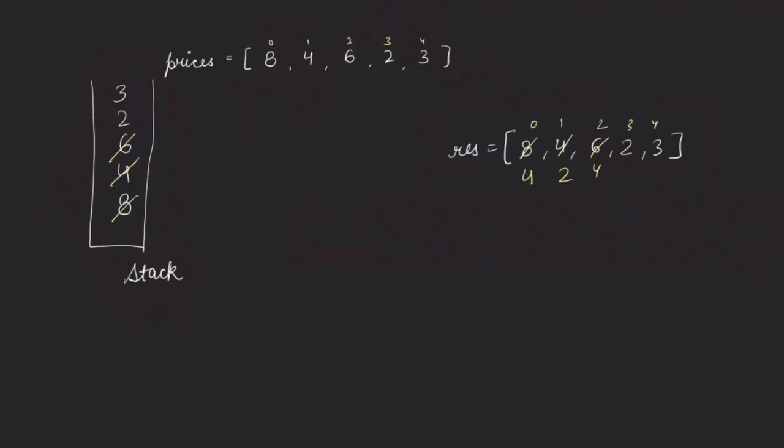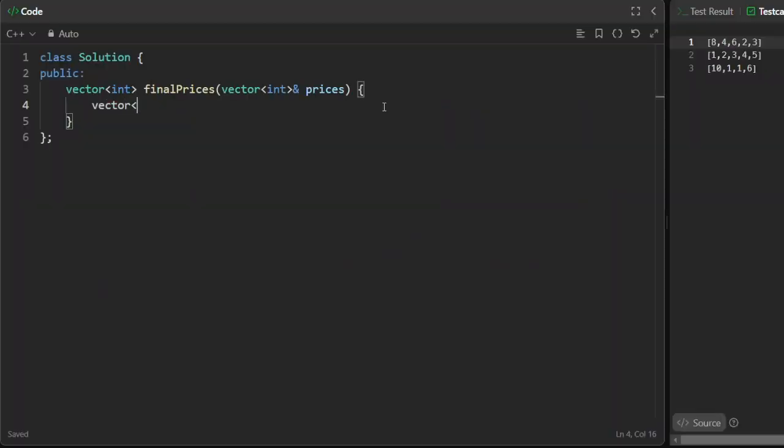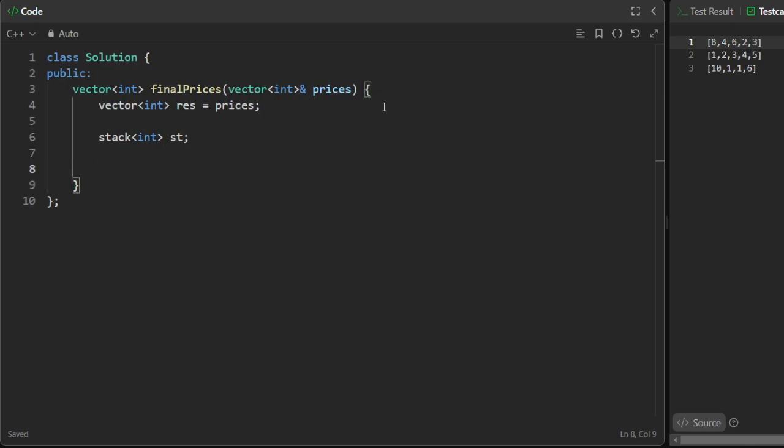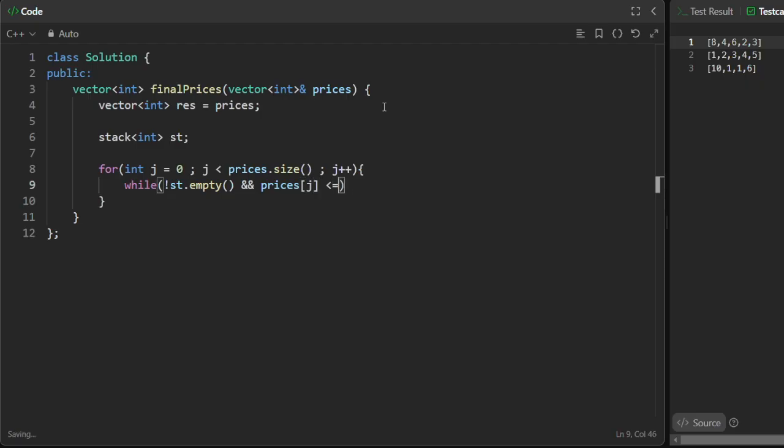So let's quickly look at the code for the stack approach. First of all, let's create a vector result for storing our answer, which will be the copy of the prices vector, right? Then let's create a stack which will store an integer, and let's name it st, right? Then we will loop inside our prices vector. So for int j equals to 0, j less than prices dot size and j plus plus, right? Then inside this we will check that while our stack is not empty and prices of j is less than equals to prices of st dot top,